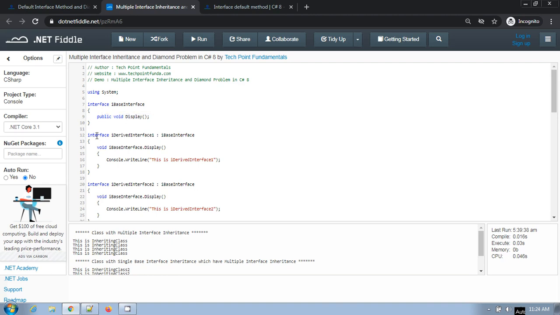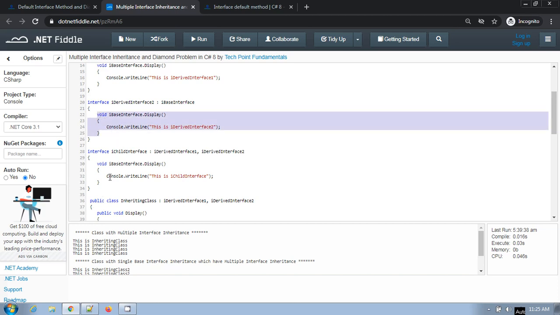There is a child interface here which derives from the IPS interface, and this interface implemented this method display. And again there is also a second interface which implements the base interface.